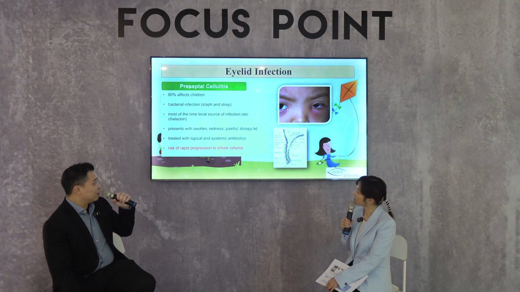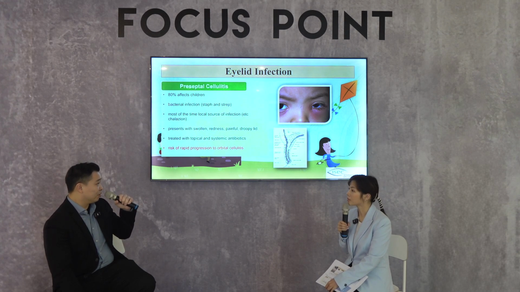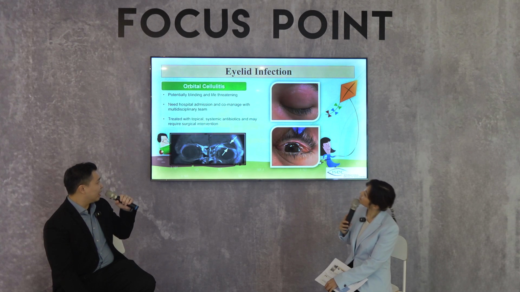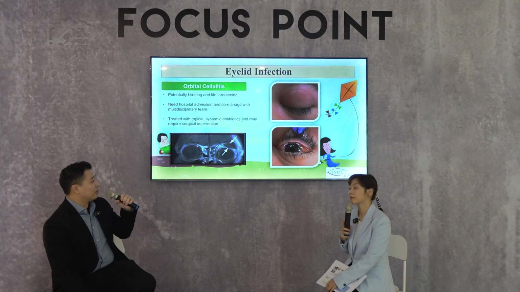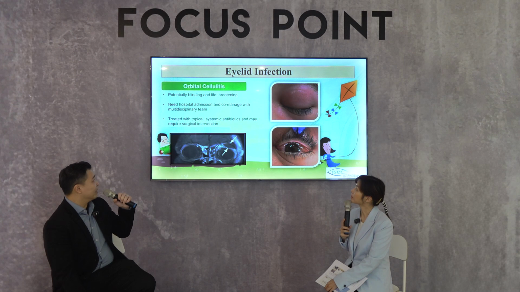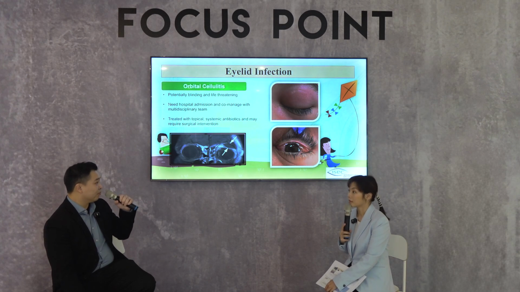So this condition has to be treated with topical and systemic antibiotics and has to be closely observed. Why? Because children below the age of 4 years old, their septum is not fully developed. So this condition spreads rapidly and can be complicated into orbital cellulitis. Orbital cellulitis is where the infection starts spreading into the orbit. So it can be potentially blinding, it can be life-threatening, it can spread to the brain as well and cause